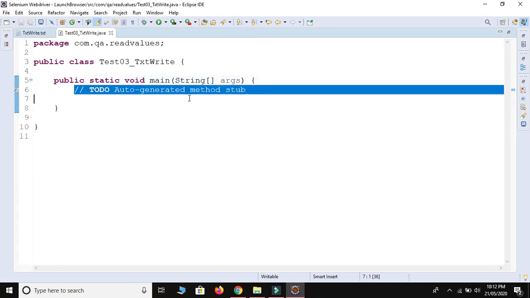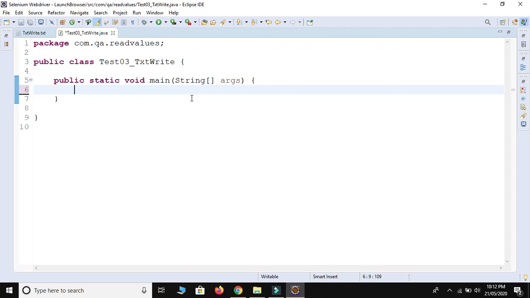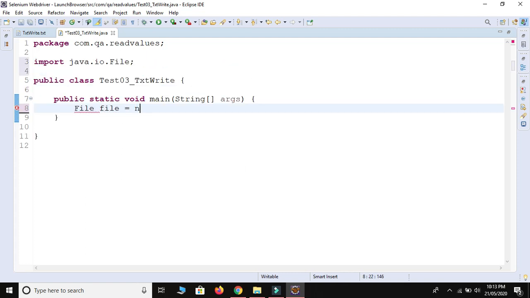This is our class. The first thing is we need to provide the location of our file where we are going to write something. So we use the File class: File file is equal to new File, then we provide the location of our file.